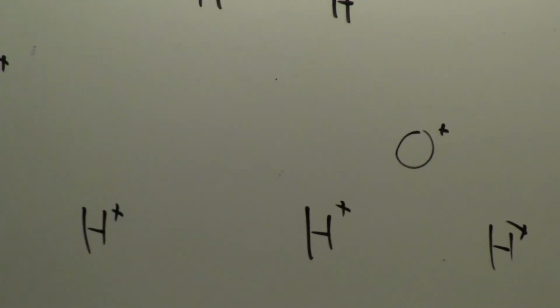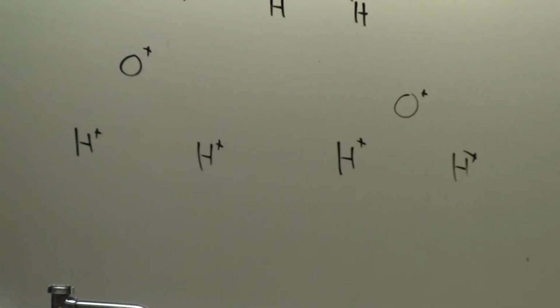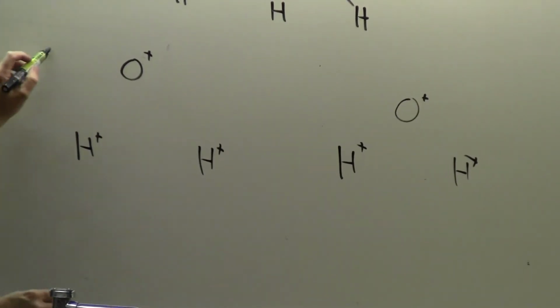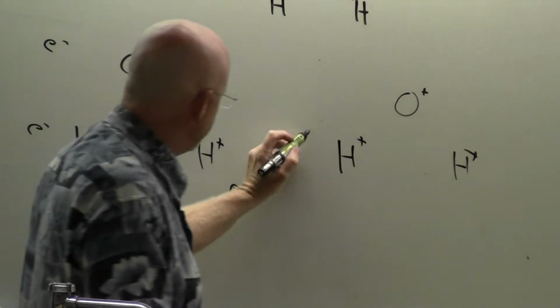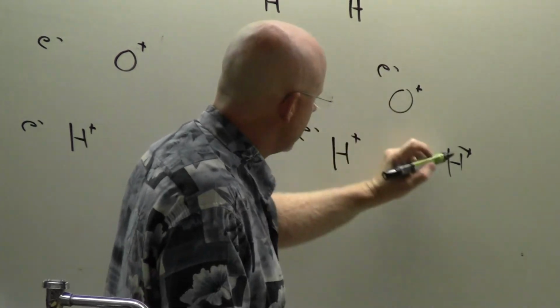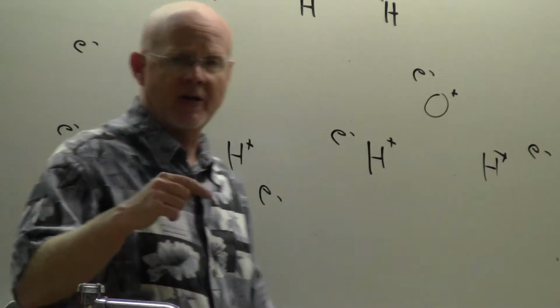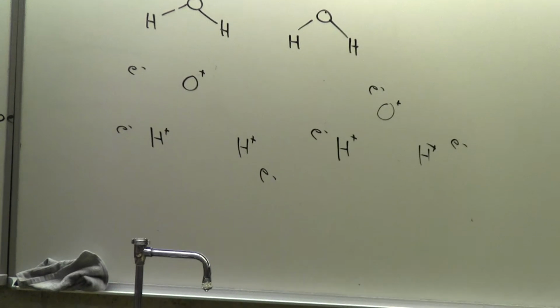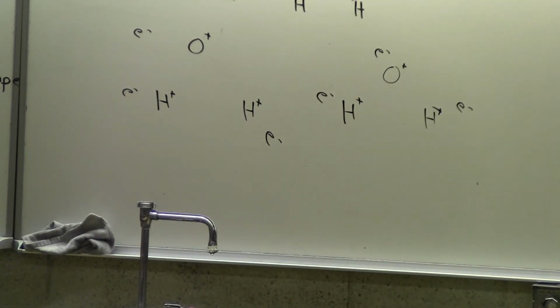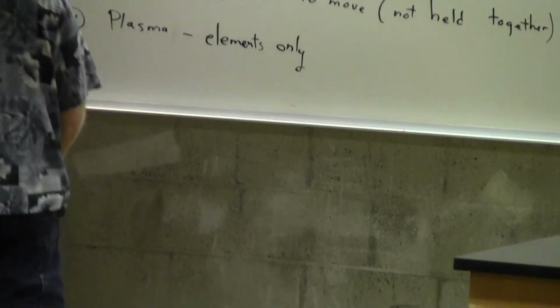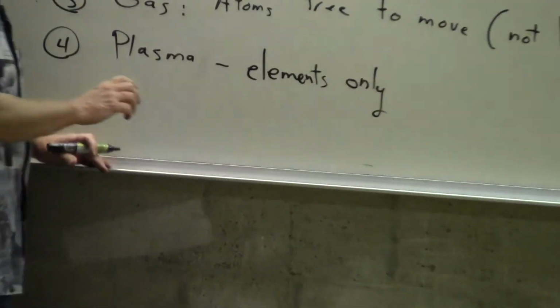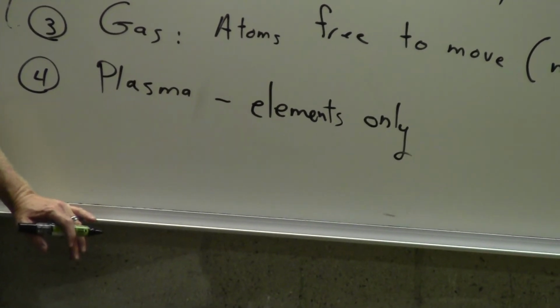you've hit this so hard that the bonds holding the electrons onto the atom break off, and so we got an electron over here, and an electron over here, and an electron over here. So when we get to a temperature that is so high that the electrons actually break off, and so what I have are pieces of charged material, what we call ions, if you remember from the last chapter, then that's a plasma. And that would only happen once you've broken all the bonds between them.